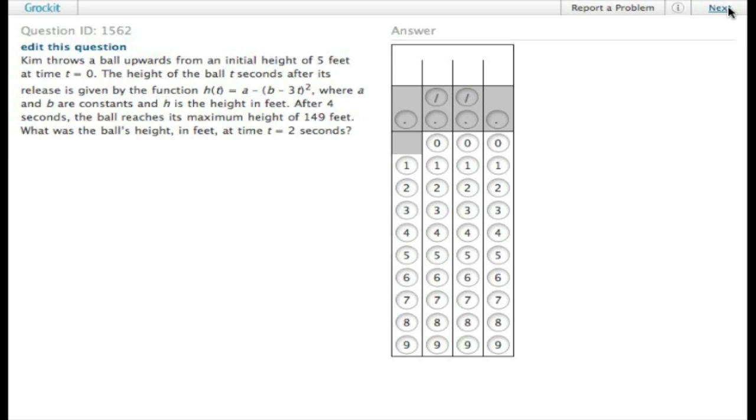Okay. So, we know the ball starts out at 5 feet at time 0. Before he throws it, at the point of release, it's 5 feet off the ground, right? So, we can plug these values into this equation here and see if we can find the value of any particular variables. So, the output is 5 feet